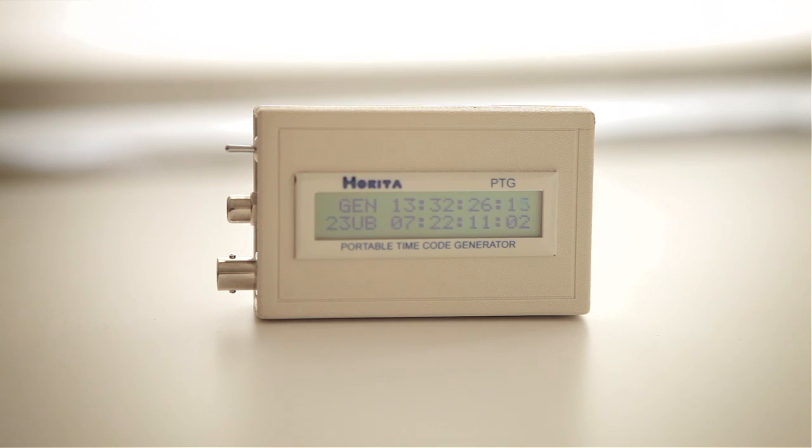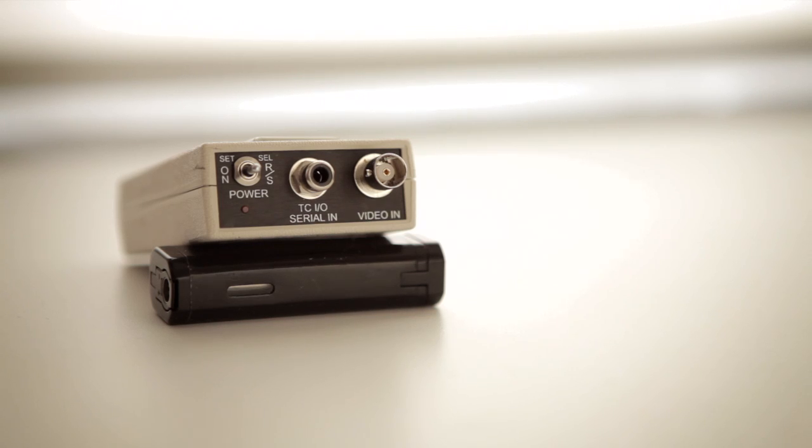So what I do is I jam sync to my slate, and then I use the slate to jam sync to a locket box by Harita, which goes for about $400, which is half the price of the Ambient or Denecke locket box. And it works really well. It's a nice little box. It does have a readout on it. They have even cheaper ones, about $200, that don't have a readout on it. It just has a little blinky light. So if you don't want the readout, for $200 you can get a timecode locket box that's accurate within 1